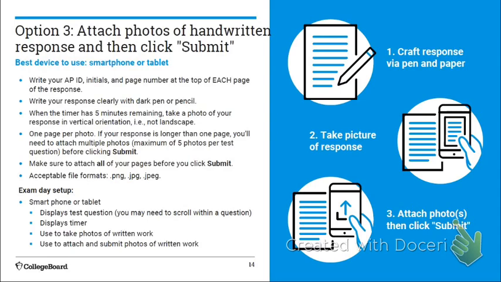What I would suggest, if this is an option that you think you might want to use, is be taking the exam on a desktop or a laptop or something. Take pictures with your phone. Maybe practice doing it quickly, getting the image from your phone quickly to your laptop so that you can upload it right away. So those are your 3 options.